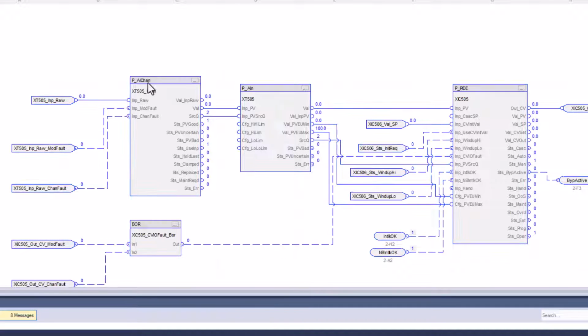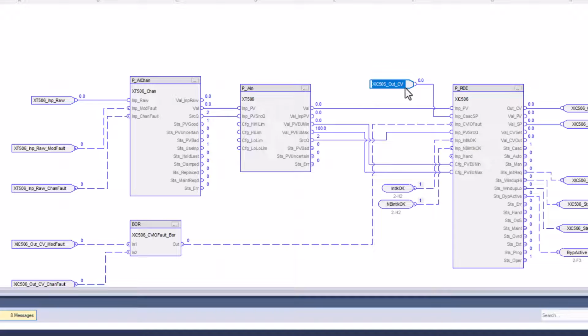Okay, so this is just the channel. This is just the analog values, right? What's coming in, making sure it's okay and stuff like that. And then the value coming out is going to the input PV of the very first PID loop. Now the second PID loop, and this would be called the master PID loop, okay? So the primary PID loop, if you would,